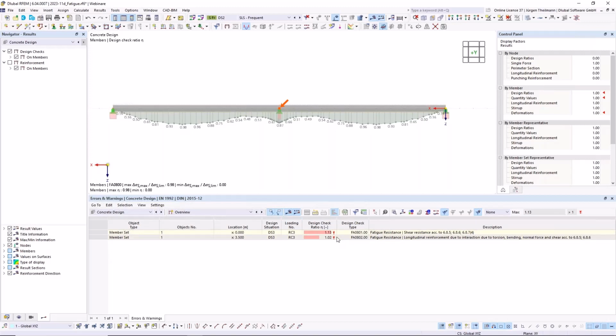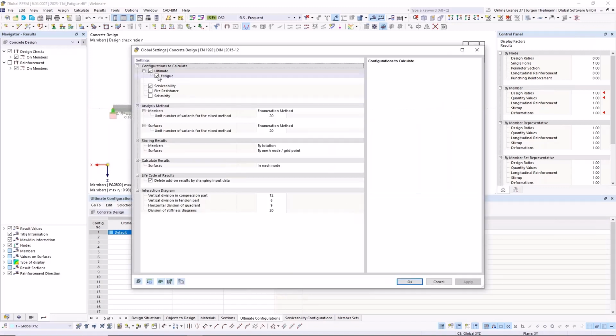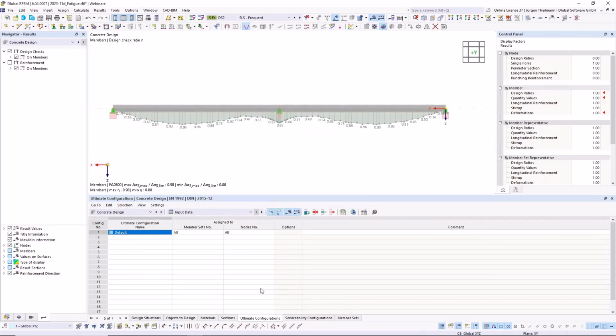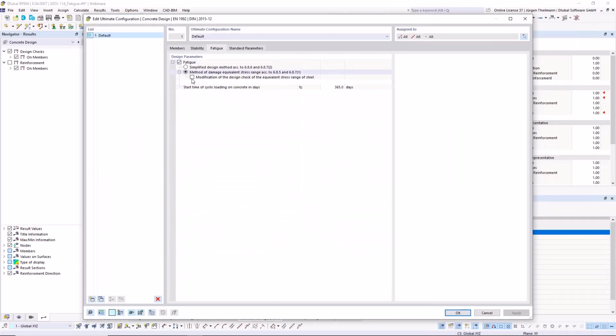Okay, as a summary, this has been a lot of information right now. I can tell you we have 4 points we need to consider. First is in our global settings for the add-on, we have to activate the fatigue design. Second thing is, in the ultimate configurations, we have to choose the level of design check we want to perform.